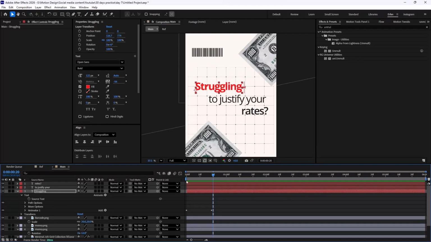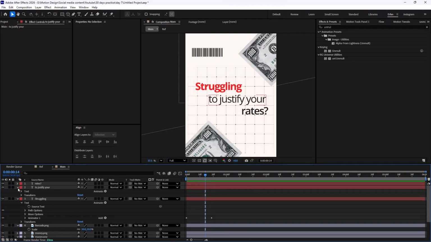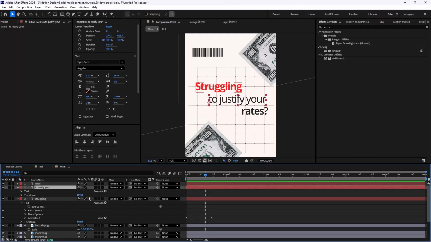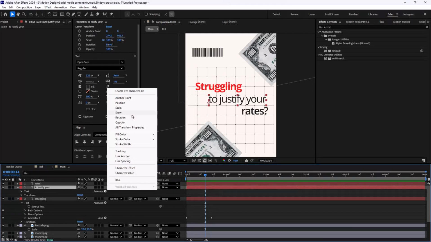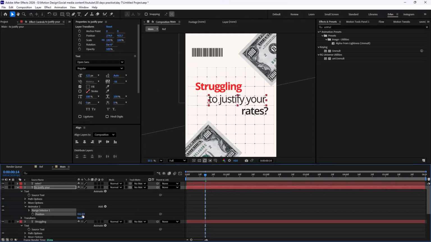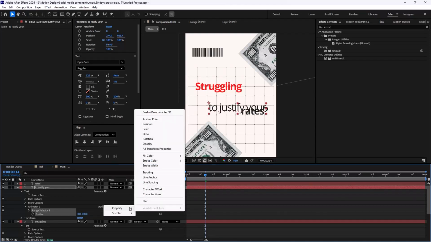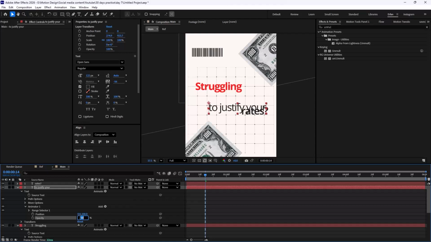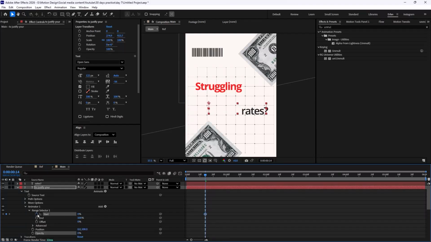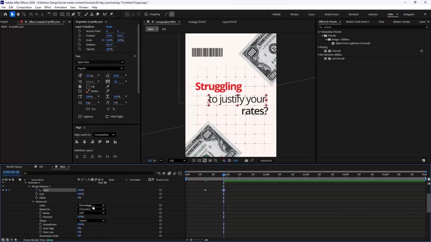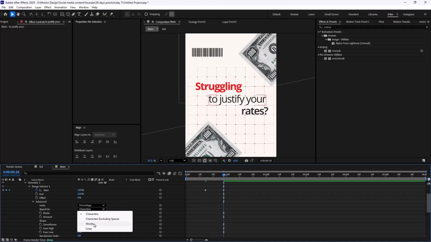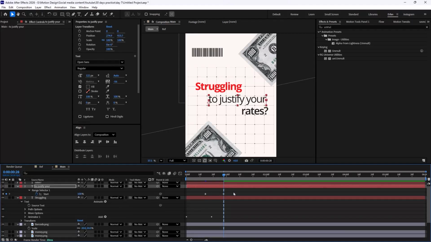And for the second one, one thing that we can do is add the position. I'm going to set the Y position on 100, and then in the add menu property, I'm going to add opacity, and set the opacity on 0. Then in the range selector again, we're going to animate it for almost 20 frames, and then go into the advanced menu in based on. We're going to change it to words.